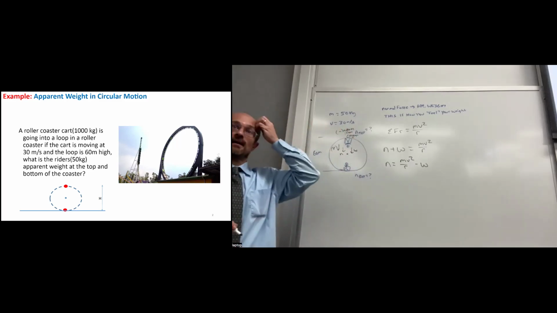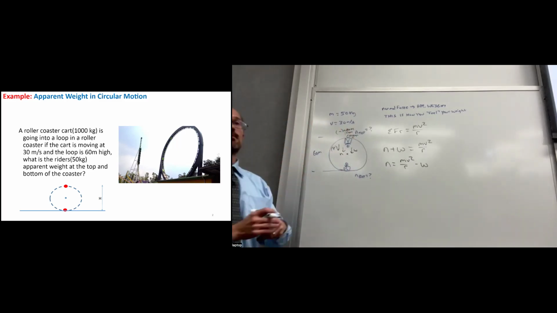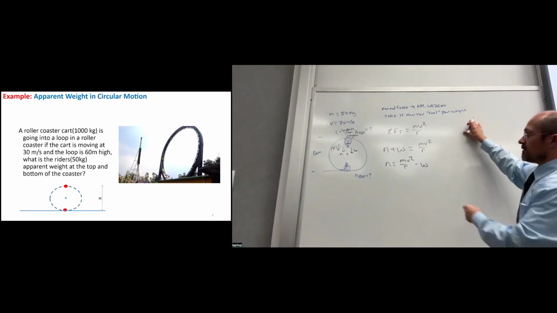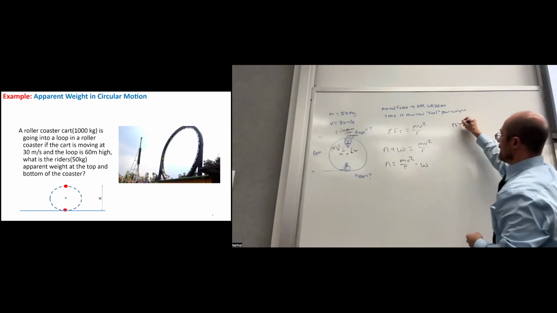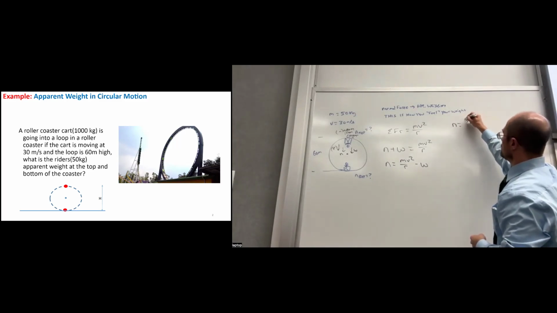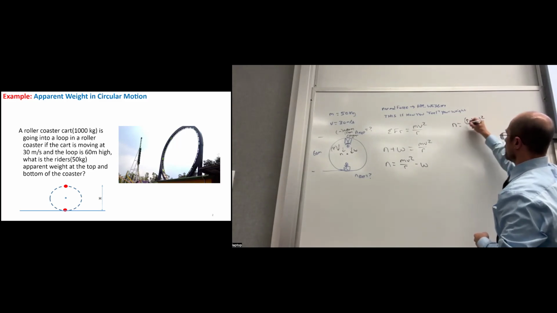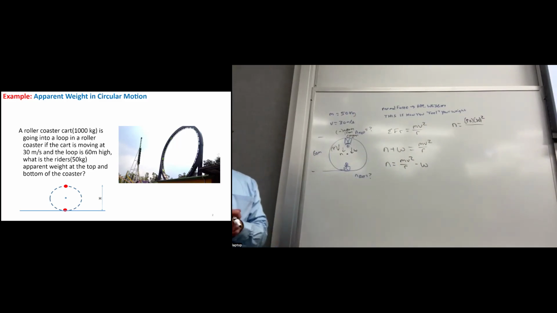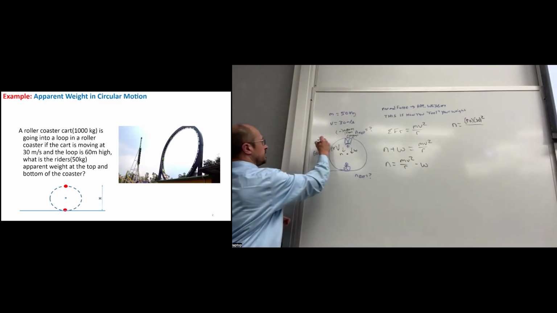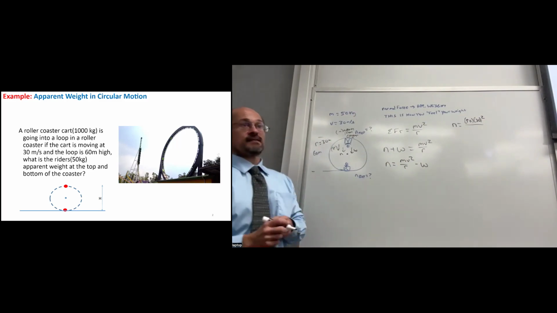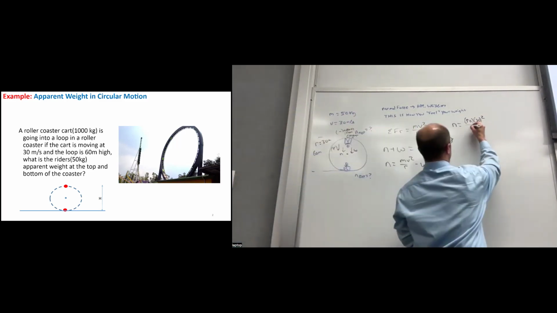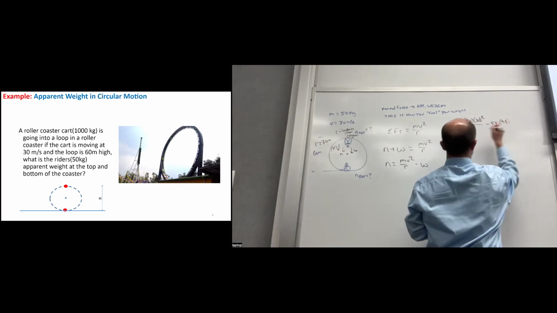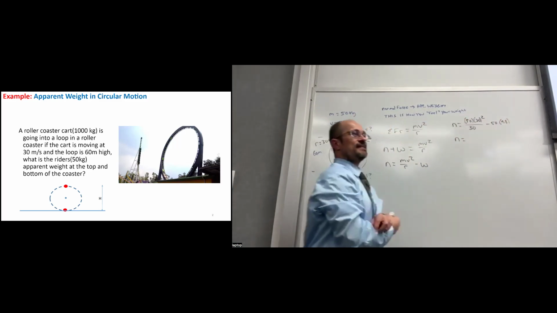We're going to come back and talk about this in just a second. But first, let's come up with a number. N is equal to 50 times 30 squared. Now I don't put in 60, I have to put in what number? 30, because I need the radius, not the diameter. So we plug in 30, and then we have 50 times 9.8. So our normal force is